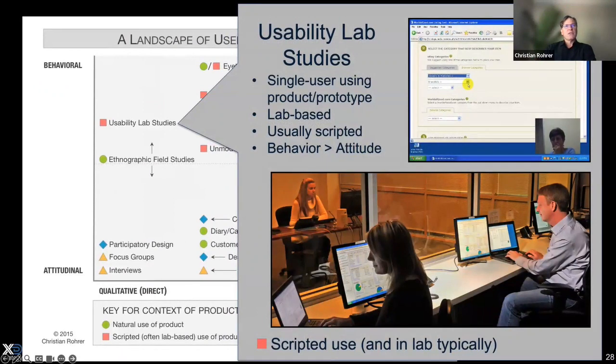And then finally, usability studies live over there. They are a scripted method that we usually use to get at the ease of use or usability of a product or service, although you could do a little more than just that. And we tend to care more about behavior than attitude in usability studies, although we're obviously listening to what people say, but we know that what people say versus what they do in these studies are not always the same. People will say this was easy, and yet they failed 3 of the tasks.